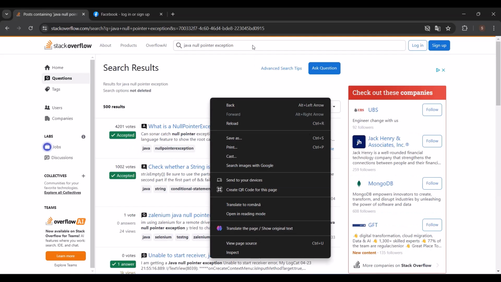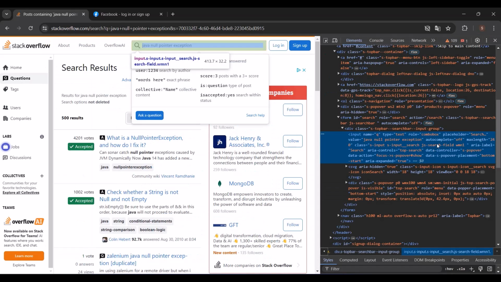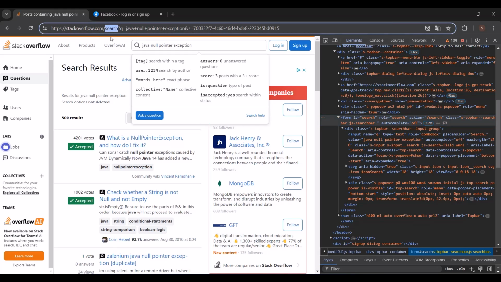Let's go to inspect. As you can see, we have form and we have action /search. And this is not a page where I can go, because this is relative to the position where I am. So I am inside stackoverflow.com, and we have, as you can see here, /search, and we have question mark q, and we have our input, Java null pointer exception.